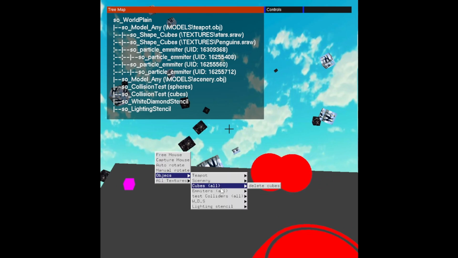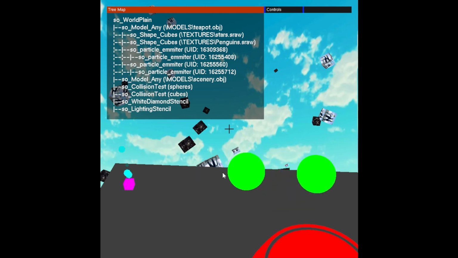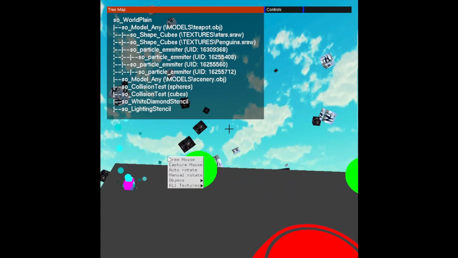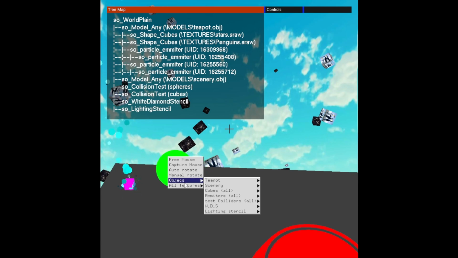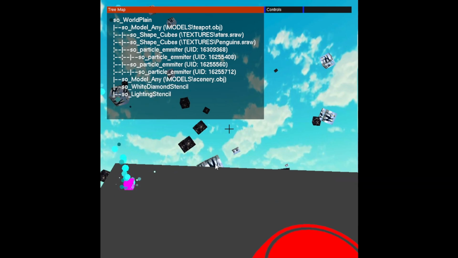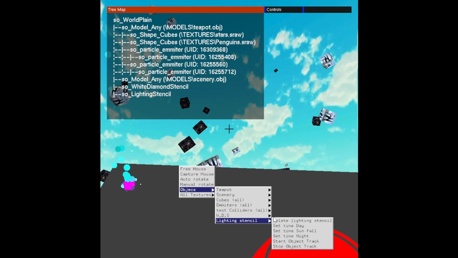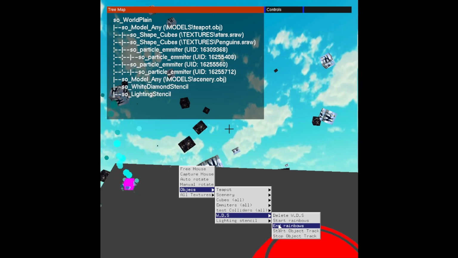And as you can see, the particle emitters are no longer emitting particles. I can start it back up again, and then it'll start back up again. And I can do things like delete objects, and this will also update this. And what else? Oh yeah, I can change the time of day in the lighting stencil,